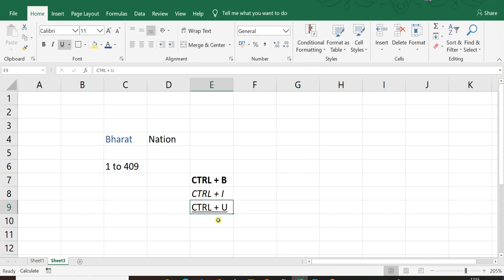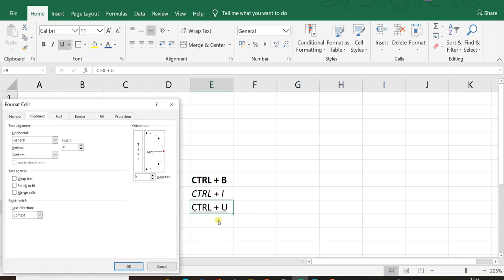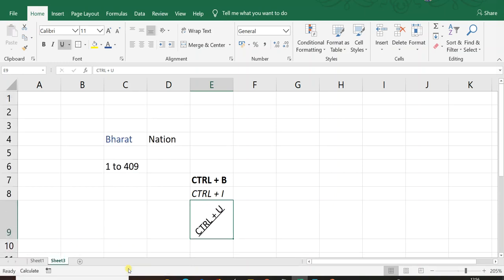Okay. Suppose you want to tilt your text in 45 degrees or in 30 degrees or in 90 degrees, you can still do that. Just go to format cells, use Control 1 and then go to alignment, and then see here you can just type 45 degrees, or you can use this up and down button. So my text is in 45 degrees, click OK. See, the text has been changed to 45 degrees angle. So in this way you can even tilt the text in different directions.